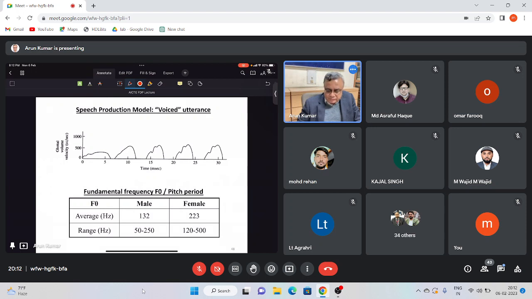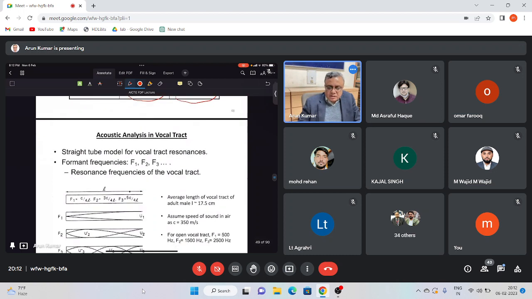the range of fundamental frequency for male voices, adult male, typically varies between 50 and 250 hertz. For females, between 120 and 500 hertz, and the average values are approximately 132 and 223 hertz. Now,